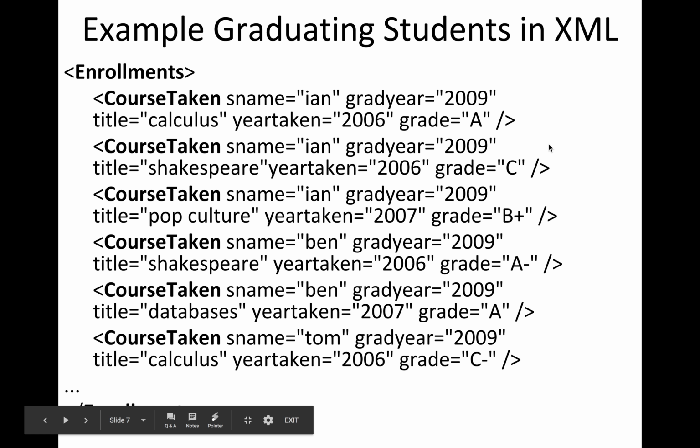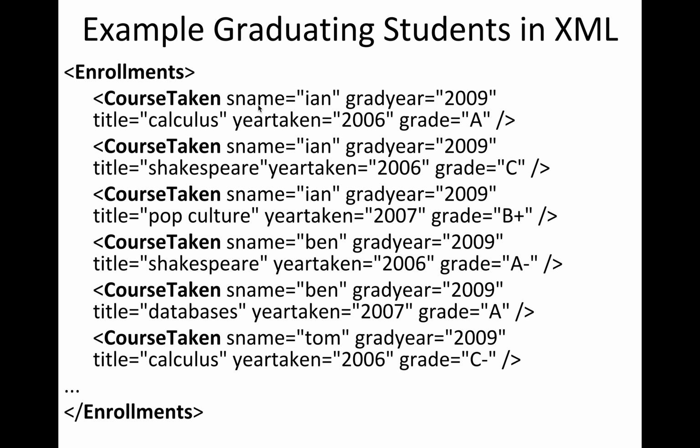So whoever wrote this chose to represent that data using attributes, with name-value pairs. They could have chosen a different way to represent it, where instead of using attributes, they could have used dedicated elements: elements to represent the names, the graduation year, the title, and so on. They're considered completely equivalent, whether you choose an attribute or an element, with the caveat that if the data you're storing is fairly large, a more convenient representation is to use an embedded element with that name.